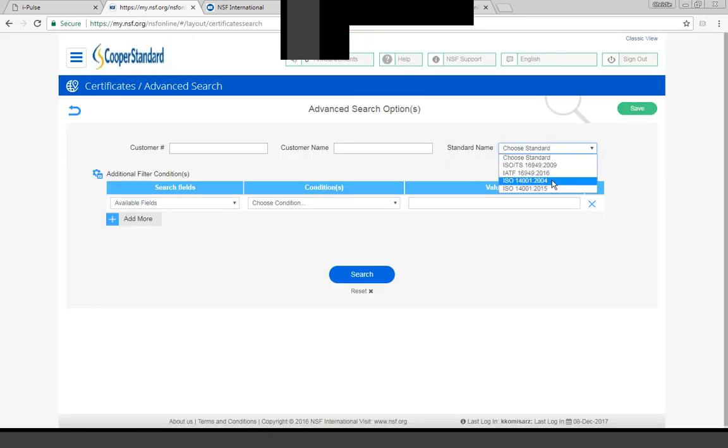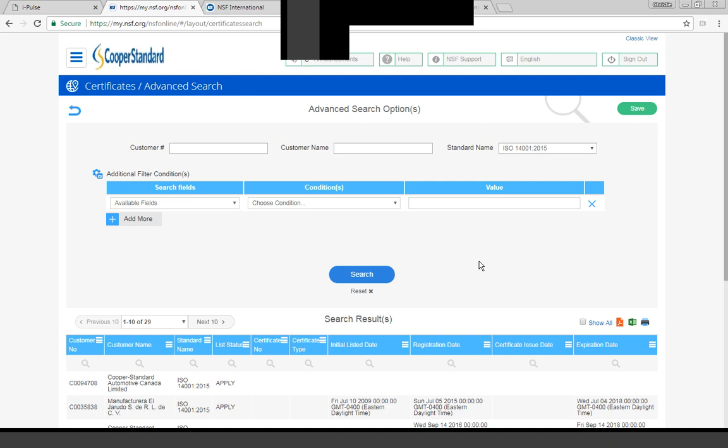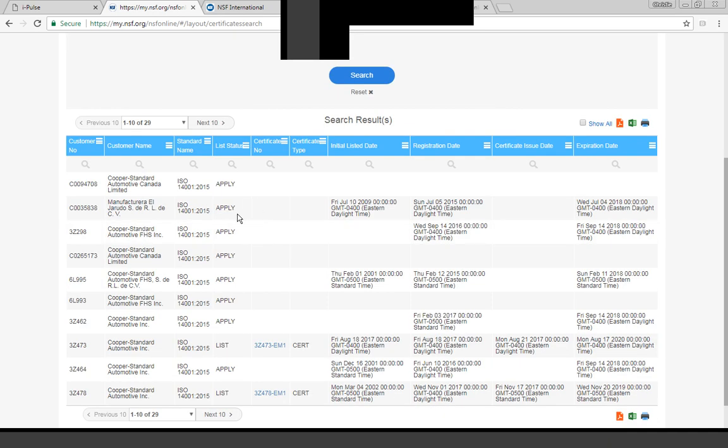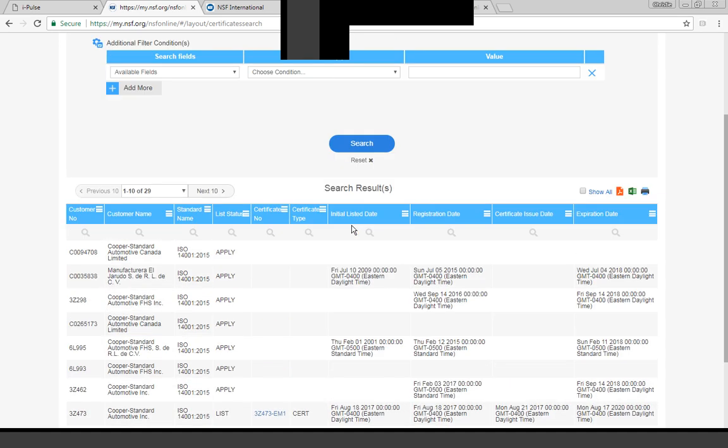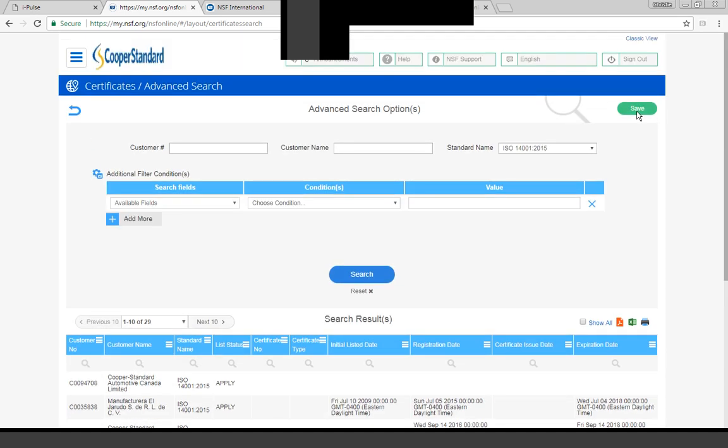So let's look at here. We just want to know, have you been upgraded yet? Who's been upgraded? Who's not? Let's search here, and we could say, okay, these are all the locations that have the standard, but these 2 locations are the ones that have certificates already for that. So we could save that search